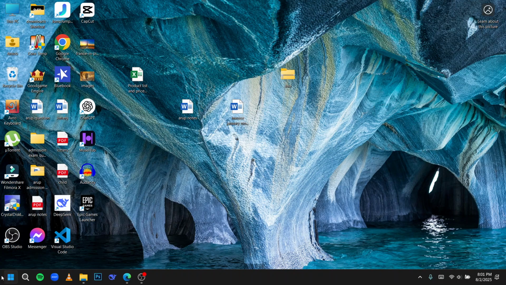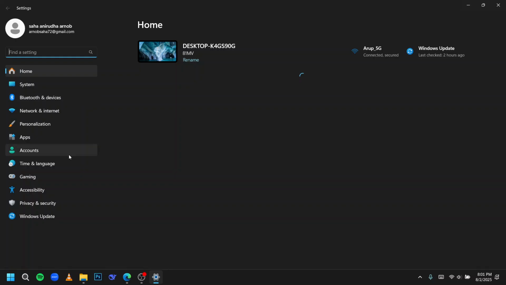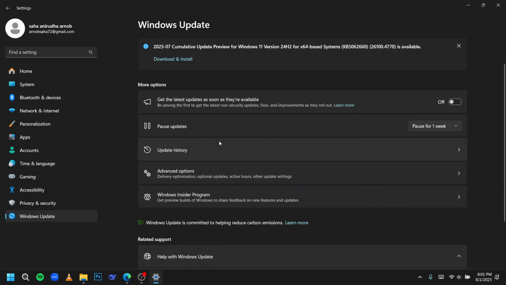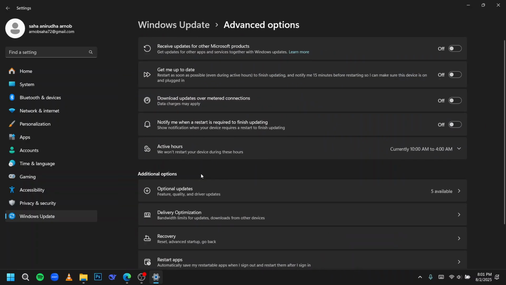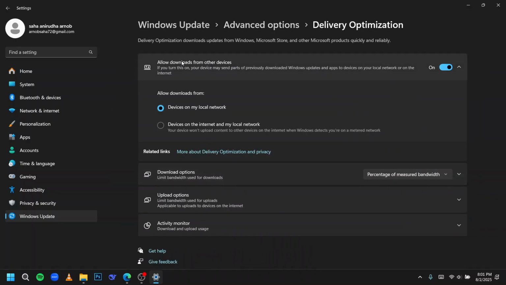After that you have to click on the start button again, then search for the settings option. Once you're in the settings option, click on Windows update from the left hand side, then click on the advanced options, then choose delivery optimization from below. After that, here you have to make sure the allow download from other devices